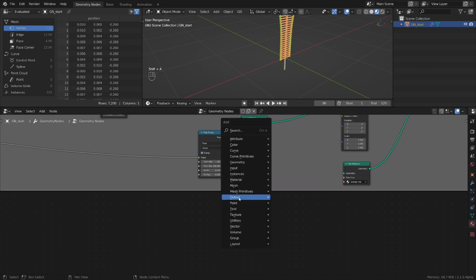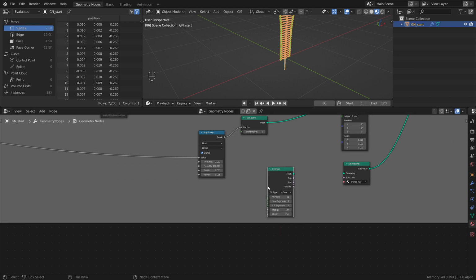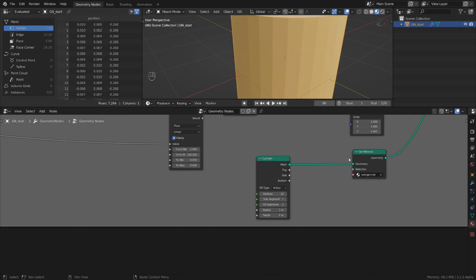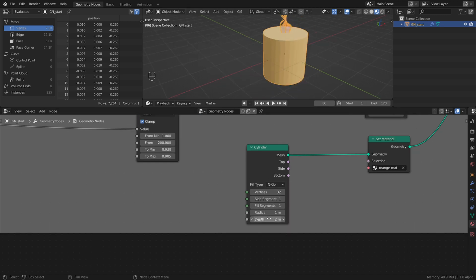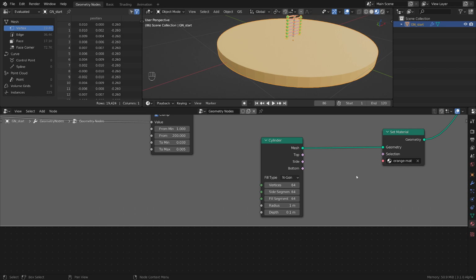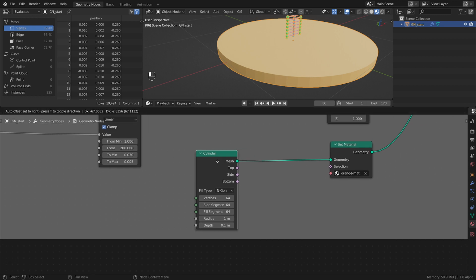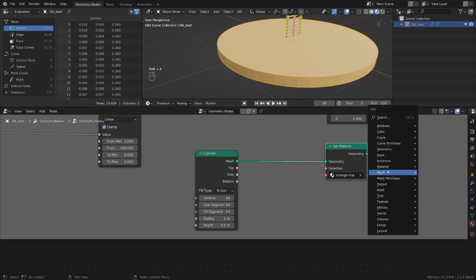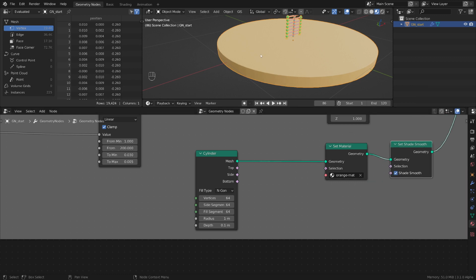Excellent. And now we can plug whatever we want here in this output. So I'm gonna use a cylinder. So let's plug this cylinder here, and we get this result. The depth is definitely too much. Let's try something smaller. And I think this is too small, maybe something like this. And let's add some resolution to this setup, and we get this nice thing going on here. And of course we can set these things smooth,